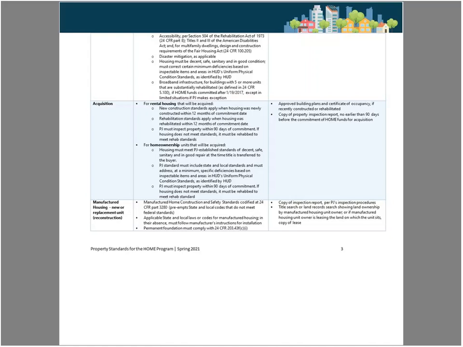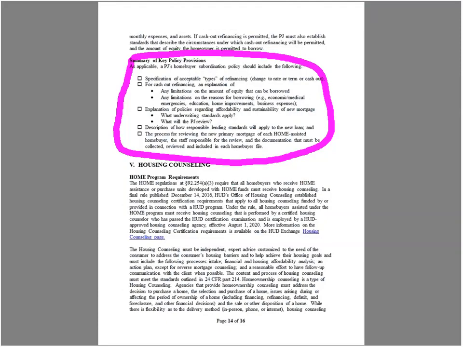Okay, so I just want to point folks to, when Monty was talking about property standards, we do have this property standards handout. I am on the property standards handout, page 3, and you can see we're doing homeownership, so I'll try to make that little circle down here. We did list what these are and what the documentation is for that, and then going back to my CPD notice,